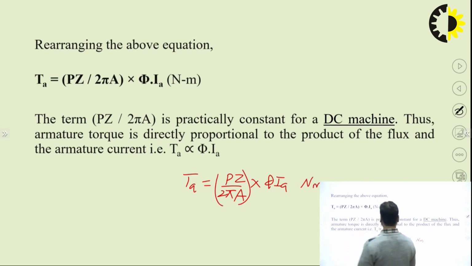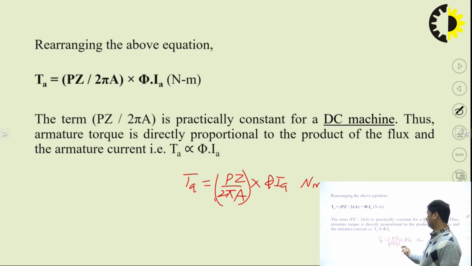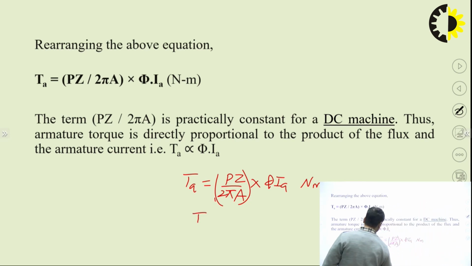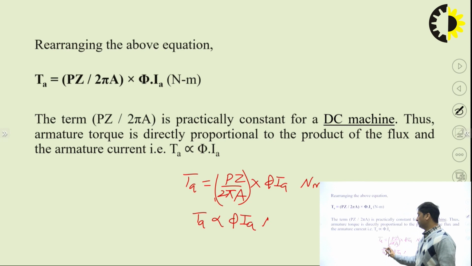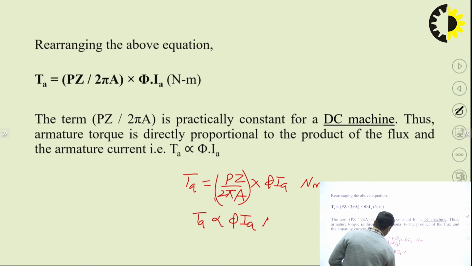So this part is the constant term. Hence the torque is proportional to flux into Ia. It means the armature torque always depends upon these two factors, flux and armature current. And if the flux is constant, suppose for the shunt motor, we know that in a shunt motor the field flux has a constant value. So ultimately the torque is proportional to current,